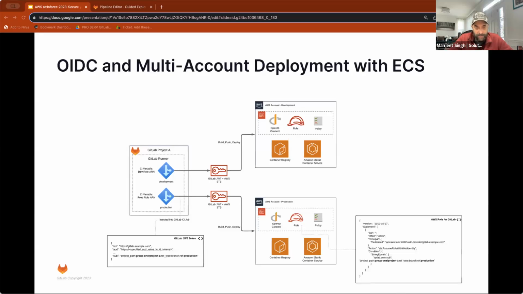Let's look at this when you have multiple accounts. A lot of times you have environments which are dev environments, production, and running in multiple accounts. So how does this work? So we have a project with a development and production branch, and each branch has a role resource name attached as a CI